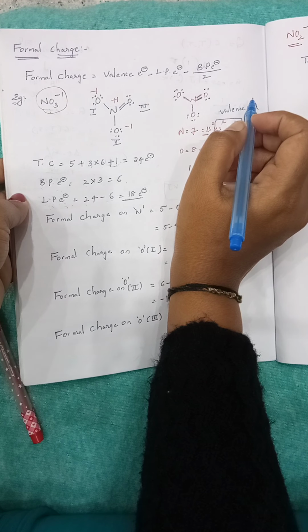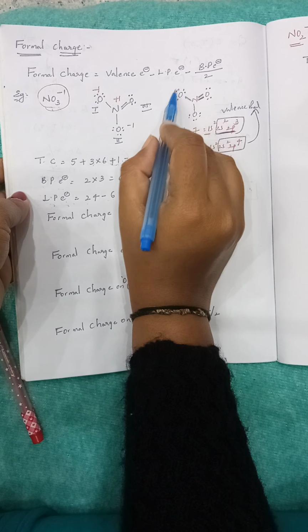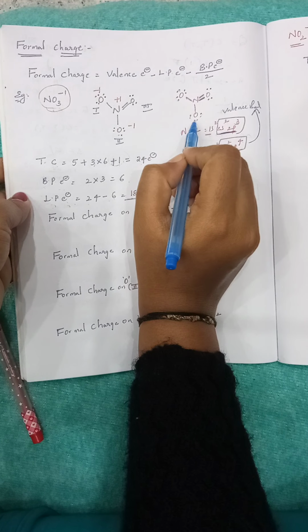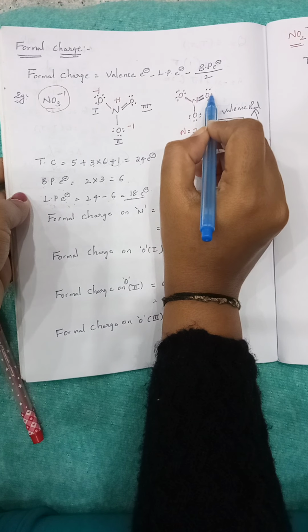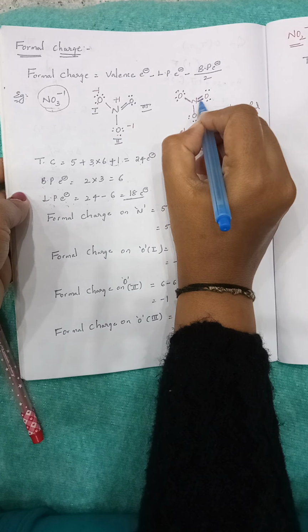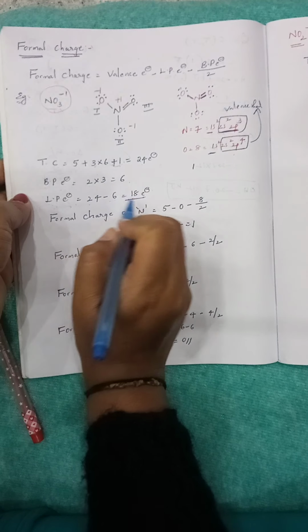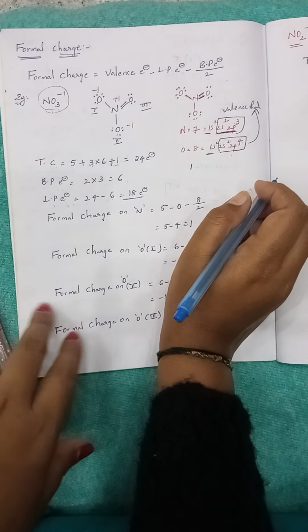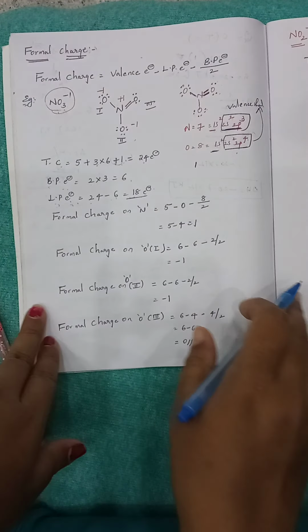Now you can see the total number of lone pair of electrons. 6 here, totally 6 electrons. Here 6 electrons, 12, 13, 14, 15, 16. One more lone pair of electrons is present on this oxygen involved in the formation of the double bond. 16 plus 2, 18. Total number of lone pair of electrons are 18. Understand? So that is the final structure that I have written here.